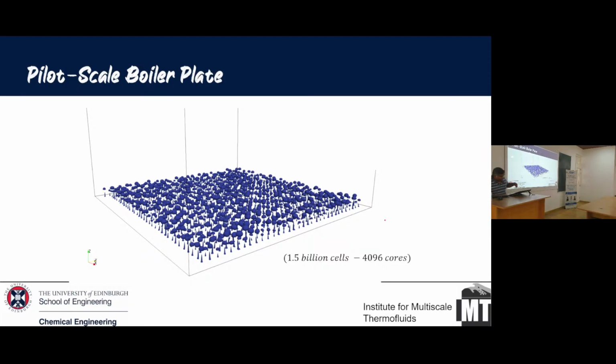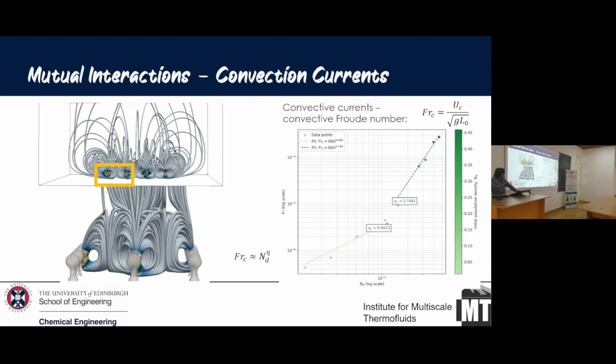Okay, so this is a very large simulation. It's a pilot-scale boiler plate. I think the number of etched nucleation sites is about 1,000 or something like that. If you look at this carefully, you will see that there's a lot of activity going on between the bubbles. If you have a single bubble, you will have convection in the liquid phase, but that is almost like natural convection. If you increase the number of bubbles and they're placed close to each other, you actually go away from natural convection. That's what this slope indicates. So if you increase the number of bubbles, where ND is the number of bubbles,